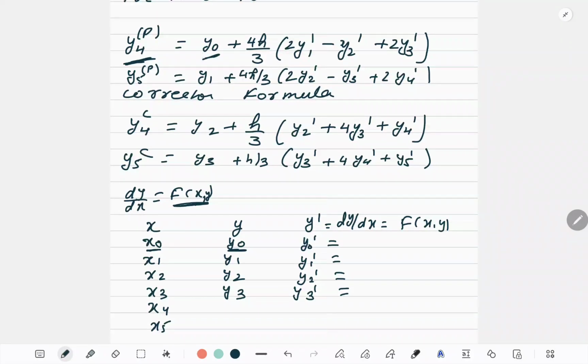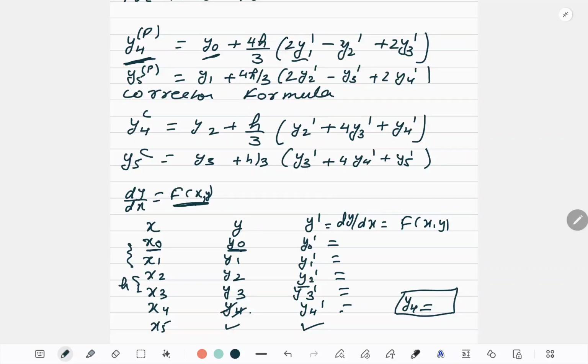See, now y0 is there in my table, y1 dash is there in the table, y2 dash is there in the table, y3 dash is there in the table, and h is the difference between these x values. Once you get all this, you can apply the predictor formula to get the value of y4. Once you get this y4, find y4 dash. Then you use the corrector formula and correct the value. Whatever value comes will be the final value of y4, the corrected value. Now, using that corrected value, which you should write here, you can find y5, y5 dash and correct it.